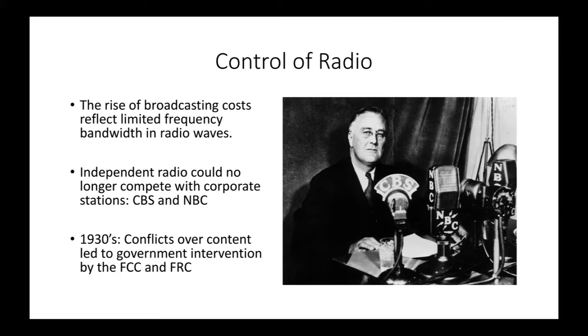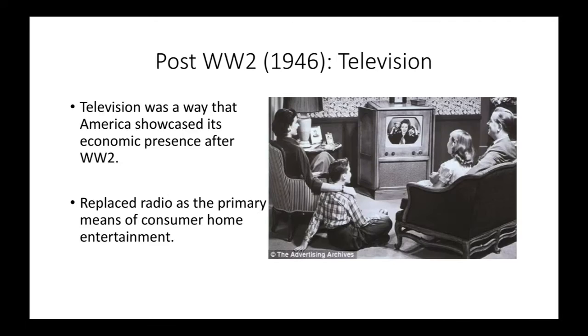So the government created the FCC, the Federal Communications Commission, and the Federal Radio Commission to allocate and distribute stations accordingly, so that any one party couldn't have complete control over the radio waves. It was also especially important during World War II, when radio wave space had to be allocated for military communications across the Atlantic Ocean.